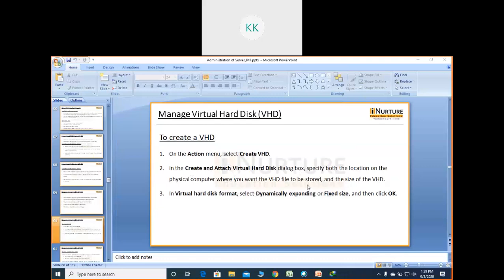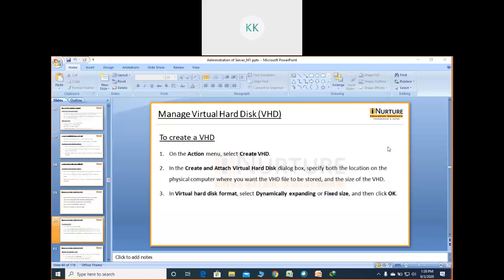That means this much of space is taken from the physical hard disk. And the size of the VHD is up to you, 10 GB, 20 GB. In general, whenever you deploy any virtual machine on Oracle VirtualBox infrastructure, 20 GB is allocated as the first disk. But it's totally up to you how much memory you want to allocate, whether 20, 30, 10. But whenever you go for a Windows 2016 type of server, you should take at least 30 to 40 GB, because this operating system is a very heavy operating system.